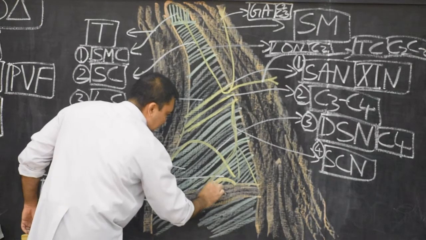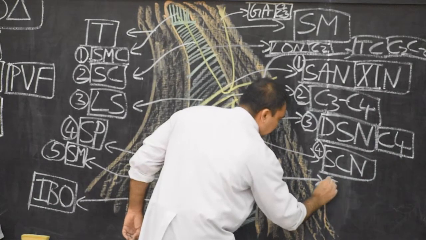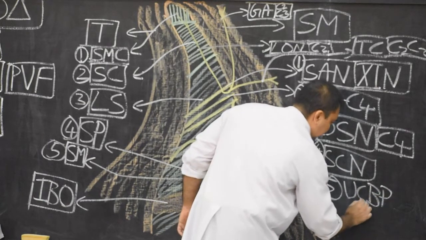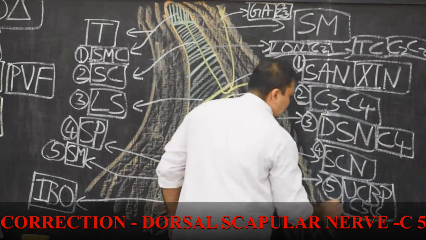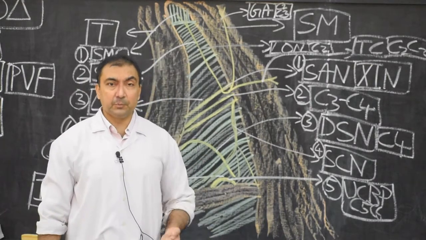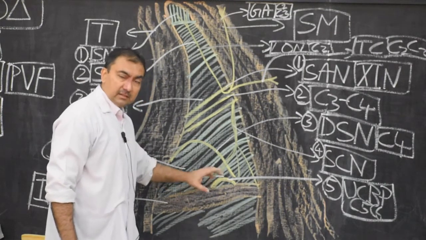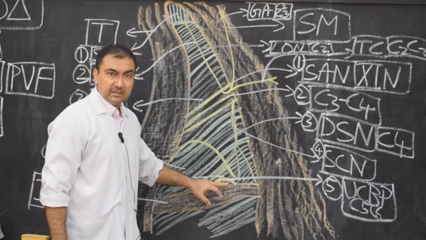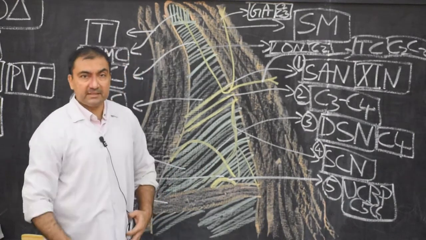This is the upper chord of brachial plexus, and here we will write this as content number 5, the upper chord of brachial plexus, C5, C6. And remember, this chord is vulnerable in injury, so it is known as Erb's point. So this is the C5, C6, which is peeping in the occipital triangle between the inferior belly of omohyoid and scalenus medius muscle, content number 5. Then we come to content number 6.